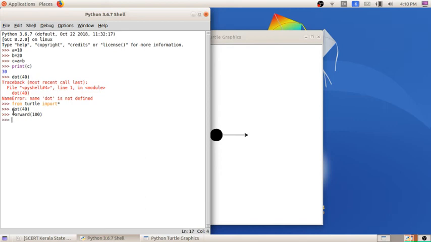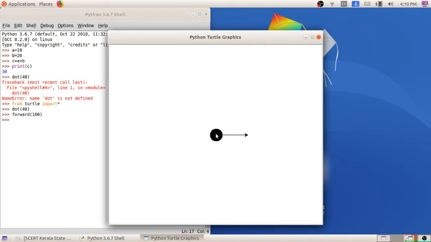I am clicking enter. So what you can understand, from the dot a turtle is moving. You can name it as turtle. The turtle is moving to the right direction, forward. So from this you have to understand that normally in this language, while typing these commands for creating geometrical shapes, it will start to the right side. It will be moving to the right side only.